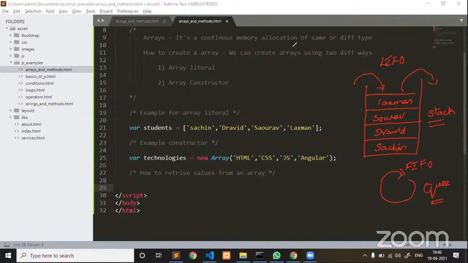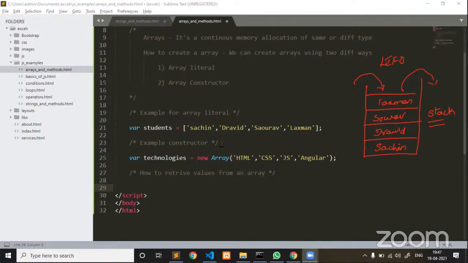Guys, now let me see here. When you are storing data in a stack, you should also be aware of how you are going to retrieve it, and you should also know how to manipulate an array. Manipulation of an array is nothing but either adding new values, updating existing values, or deleting existing values. These are the things we are supposed to do when we are working on a real-time application. How are we going to do these operations? Now, instead of explaining that, first let me finish up how to retrieve values